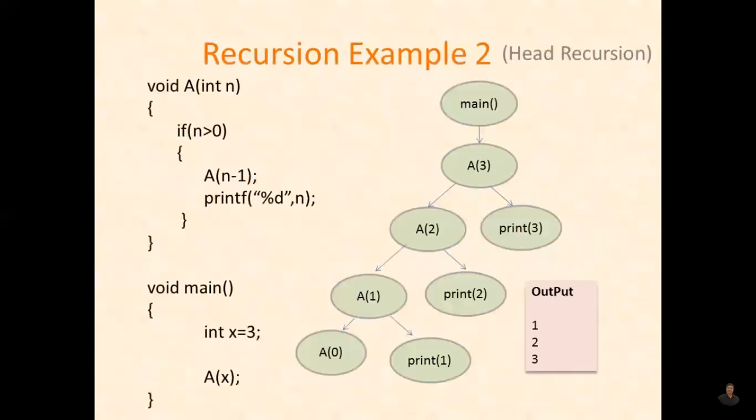Now the second example, it's a similar one, the only change is that the recursive call comes first and then the printf statement is given. Tracing is here. Main is called with 3, it will call itself with 2, it will call itself with 1, it will call itself with 0, and then it goes back and prints 1, goes back and prints 2, goes back and prints 3. So if you see the difference between the previous example and this example, there it was printing and calling itself, here it is calling and then printing the value.